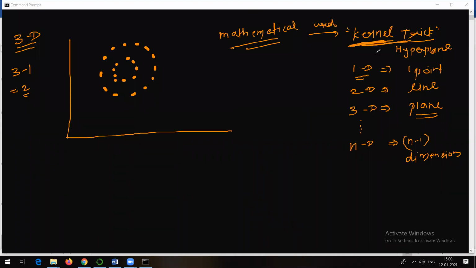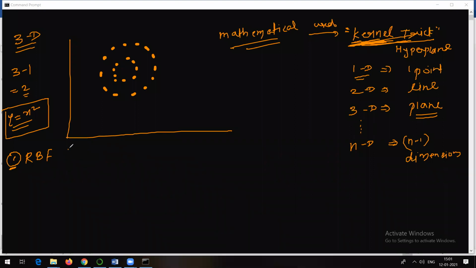So what is there in this kernel trick? In the earlier example, I gave an example like y is equal to x square, squaring the values. In reality, this is not what happens, but it makes use of some methods, and those methods are the kernel tricks. Let me tell you what methods are involved in the kernel trick. By default, support vector machine always makes use of one method, or mathematical equation, and that is called RBF. When we implement support vector machine, this is what is executed in the background.